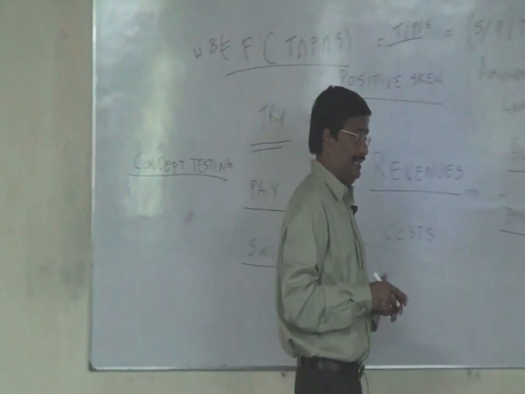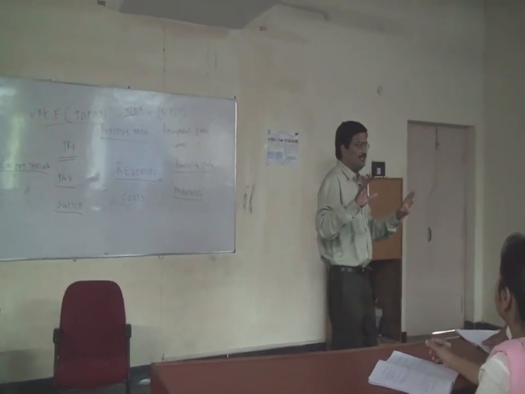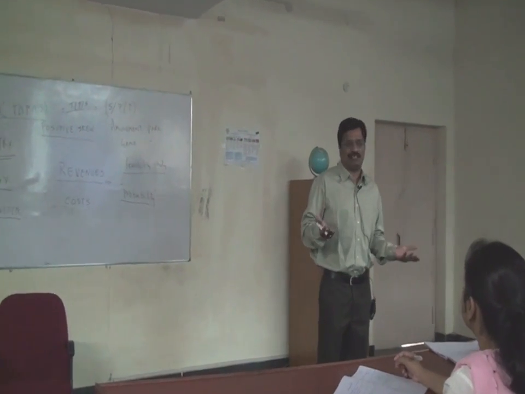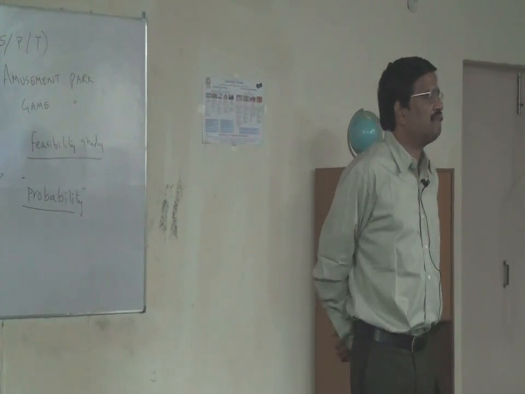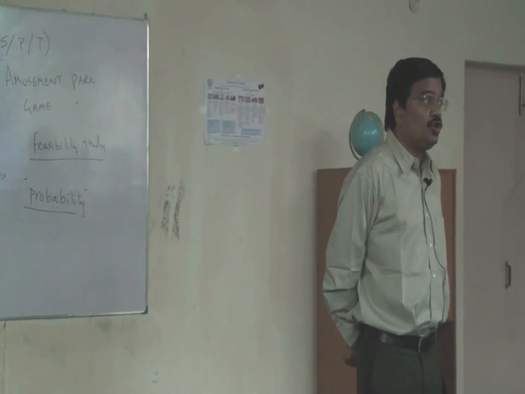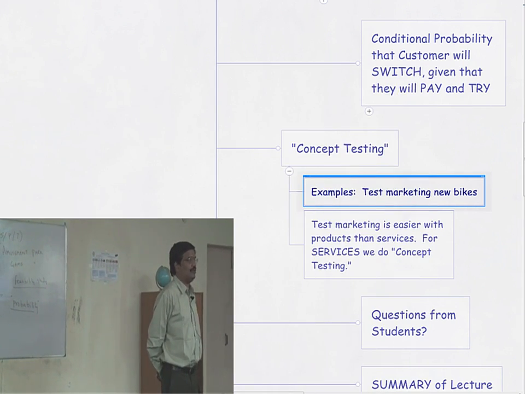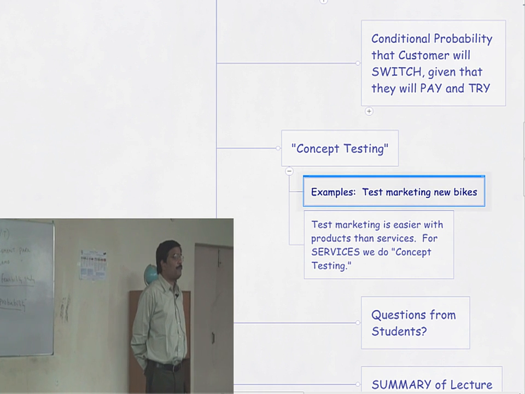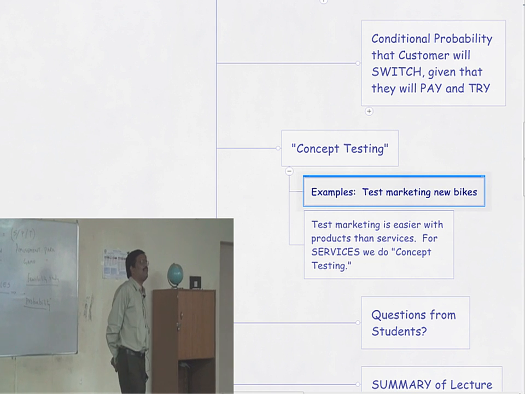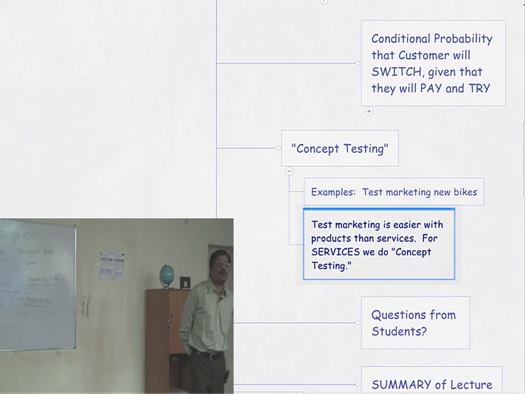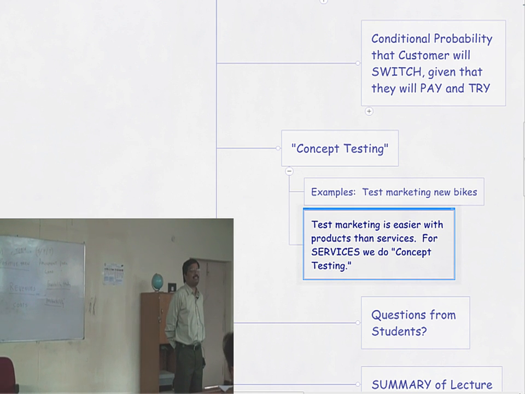They do test marketing. What is test marketing? Actually, you make a prototype of the product. In service it's not easy. You can't do test marketing of an amusement park, because you really have to build an amusement park for test marketing. But if you are launching a new bike, you might actually make some 100 bikes and launch them in a test market and check out what is actually happening. So in products normally people also do test marketing, but in services it is very, very tough for us to do test marketing. Normally we do what is called concept testing. Now any questions, any doubt? No?